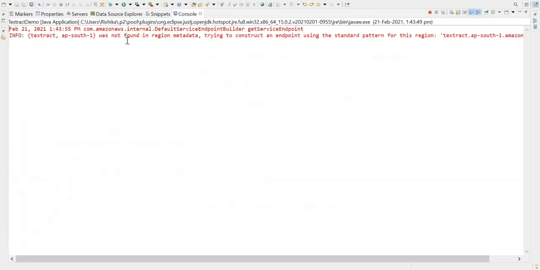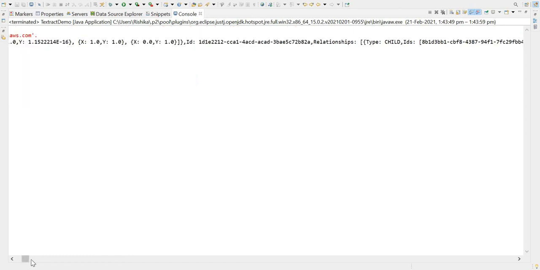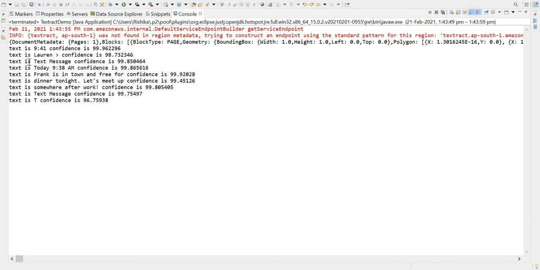Let's open console. So in our console, we can see that we got two outputs. This first output is when we print the result directly. So we get some kind of a JSON which has a lot of fields like width, height. It has like text, the relationship, the confidence level, the type, all the things. And if we look at below, we got only limited message. So we got the text, and we are getting the confidence level.